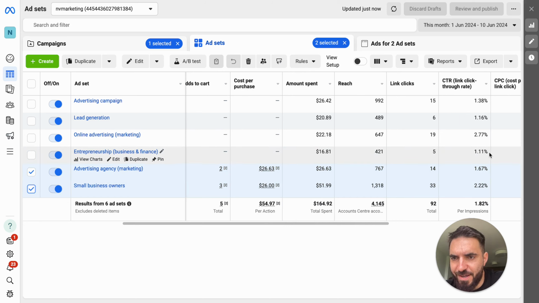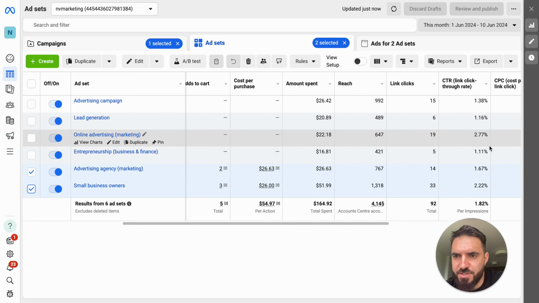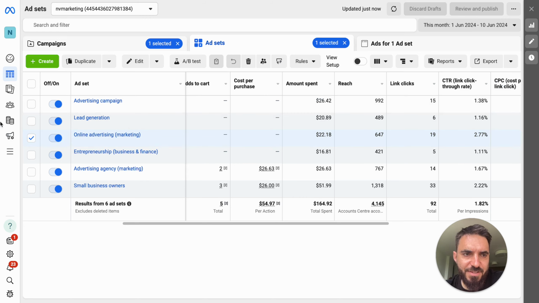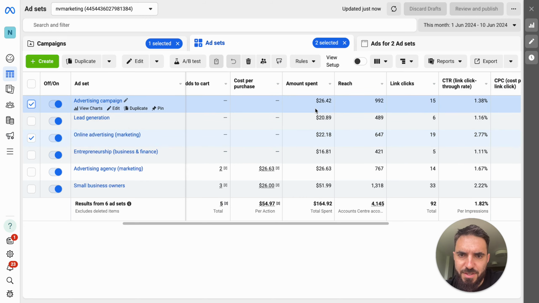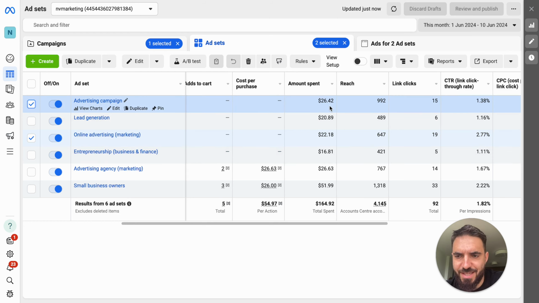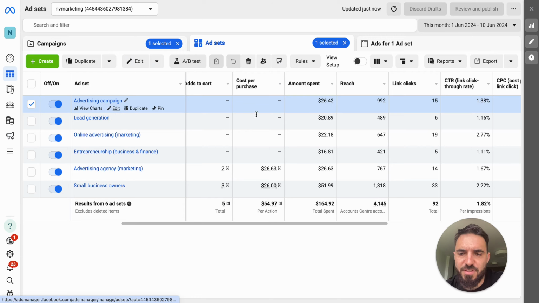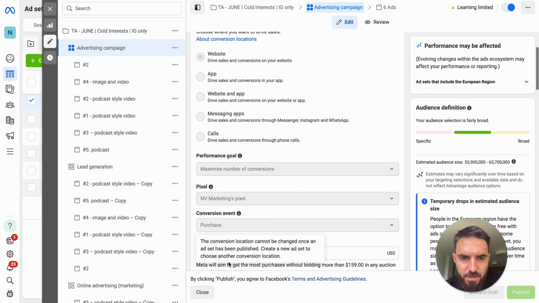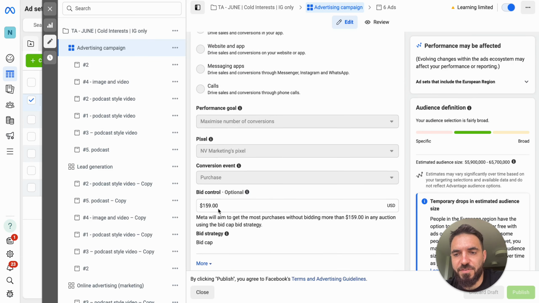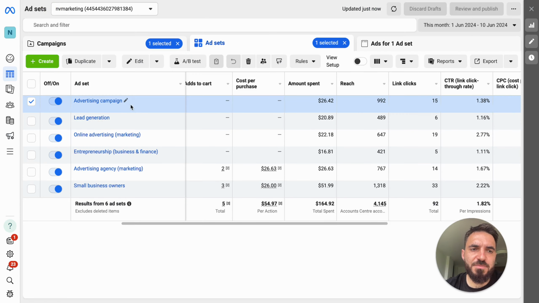But if I see one of the results I have above, for example, this ad set and this ad set have decent click-through rate, but they haven't spent much, right? They haven't spent much. And the way I'm running these ad sets, I have the bid cap set at 150. It was 150 earlier this morning, so I increased it to 159 because I want to tell Facebook, hey Facebook,